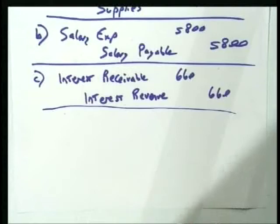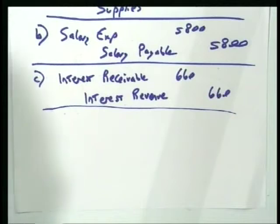Okay, let's go to D. Depreciation needs to be recorded for the year. The company has only one fixed asset, and they purchased it on January the 2nd of 2007. The asset had a cost of $60,000 and an estimated life of 5 years. The salvage value is estimated to be 0 at the end of the 5 years. Okay? So,